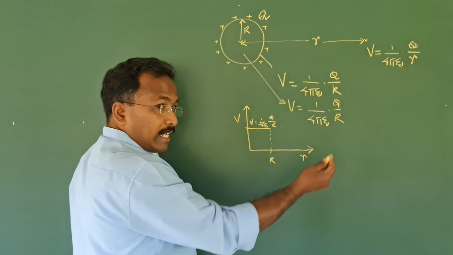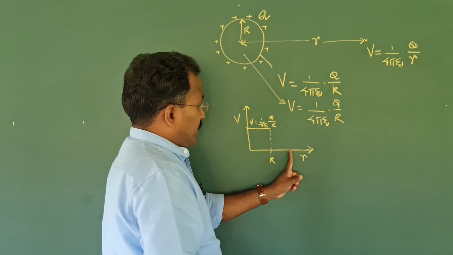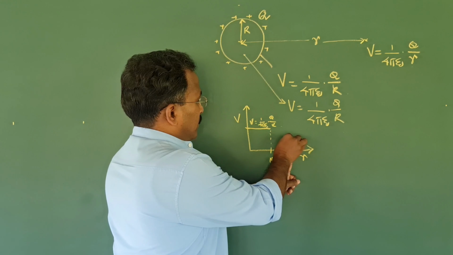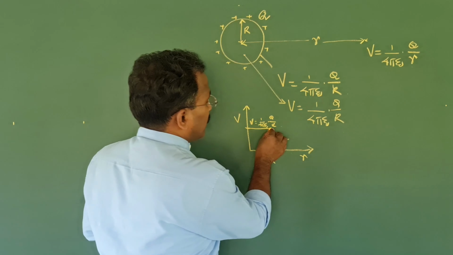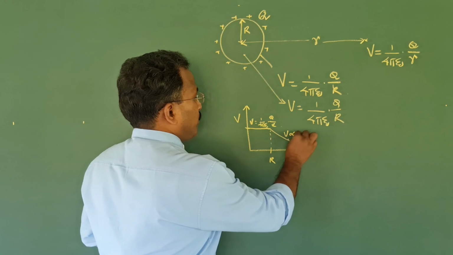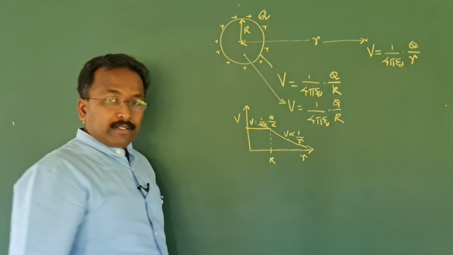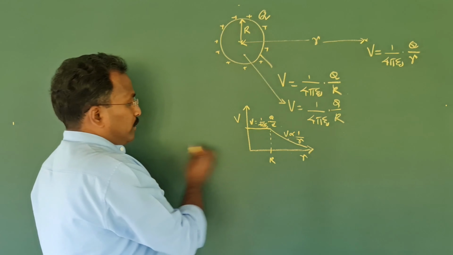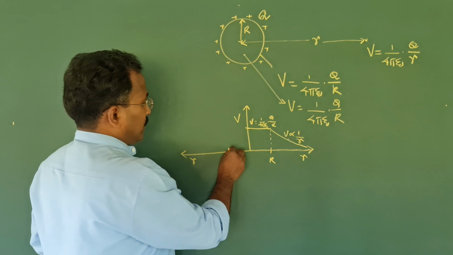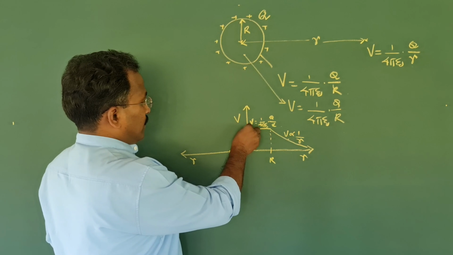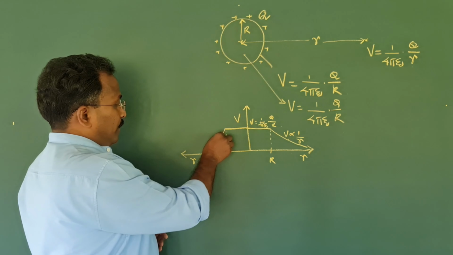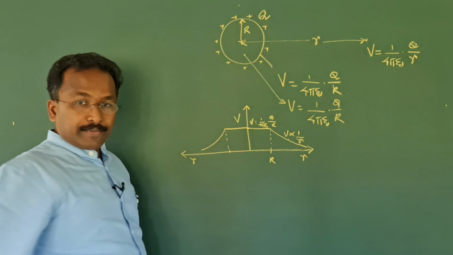And thereafter, if you double the distance, the potential will be halved. Correct, no? So the graph goes like this. Here V is proportional to 1 by R. Okay, and the same to this side also. If you are interested in both the sides, so this is the radius. Up to that the potential is the same. Thereafter it decreases according to this equation.